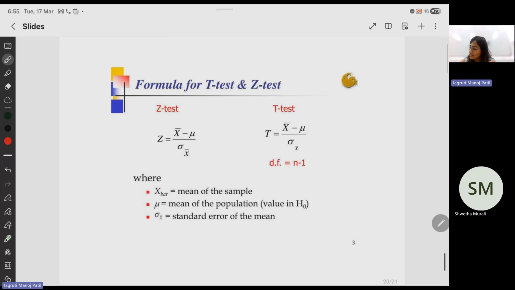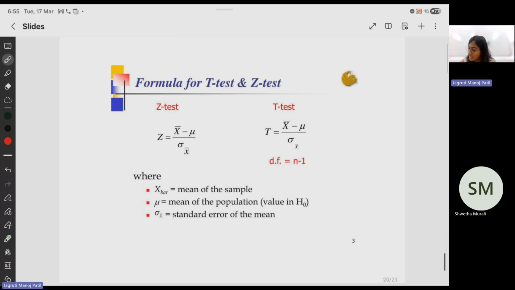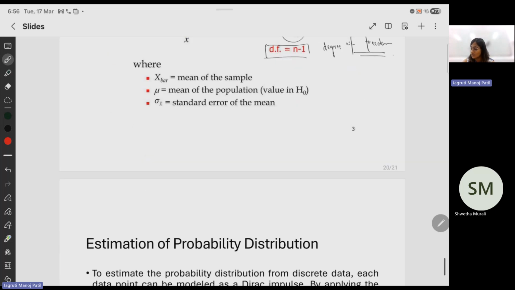So these are the tests that we just saw, and here DF essentially means the degree of freedom. That comes in handy for big data sets, because if one point is moved from one set to another, or the order of the data set is changed, you never want your entire average, the mean and standard deviation that you're looking at, to always change. So this is where the term comes from.